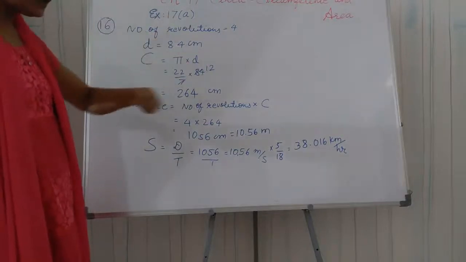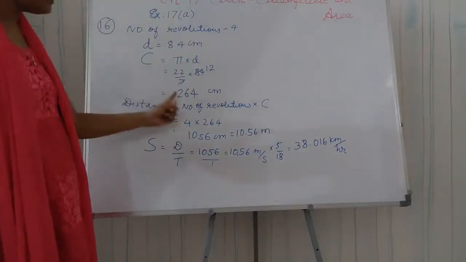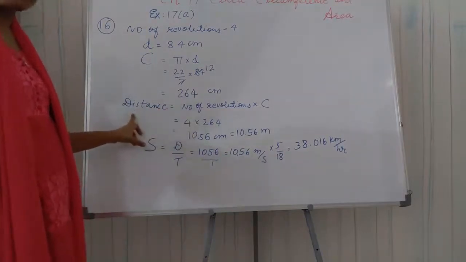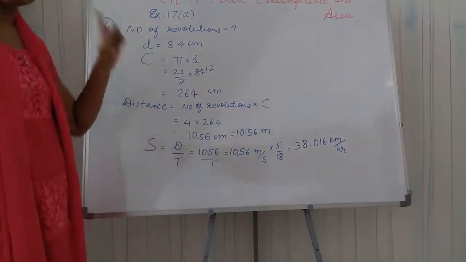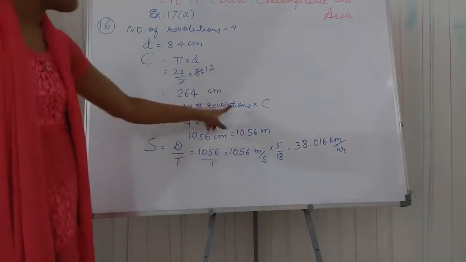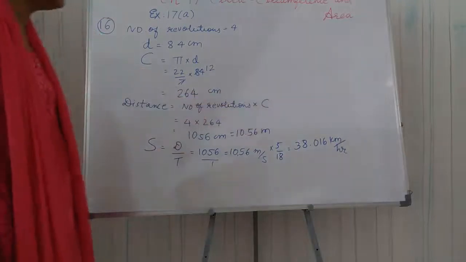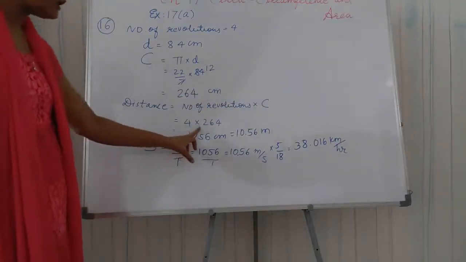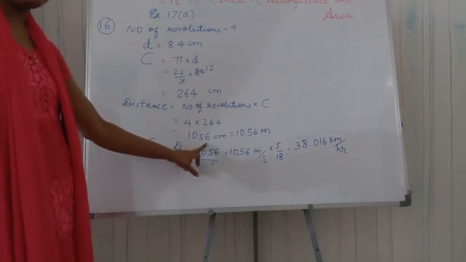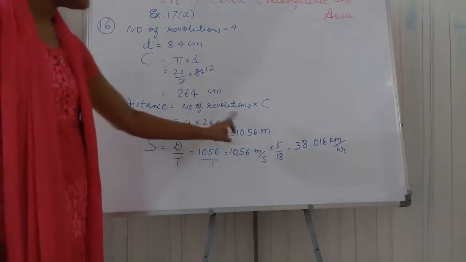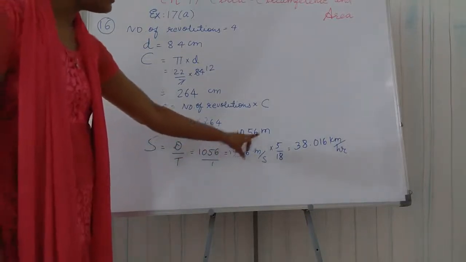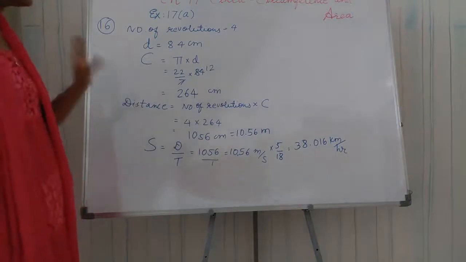जो wheel का पूरा पैरीमीटर है वो है 264 सेंटीमीटर का. अब उसका यूज करके हम डिस्टेंस फाइंड करेंगे यूजिंग अवर नंबर ऑफ रिवॉल्यूशंस फॉर्मूला. तो यहाँ मैंने डिस्टेंस डायरेक्टली लिखा है नंबर ऑफ रिवॉल्यूशंस मल्टीप्लिकेशन विथ सर्कमफरेंस. तो दैट इज 4 मल्टीप्लाई 264. तो आई गॉट आंसर 1056 सेंटीमीटर्स. But I have converted it into meters by dividing by 100. So I get 10.56 meter. That is the total distance covered.